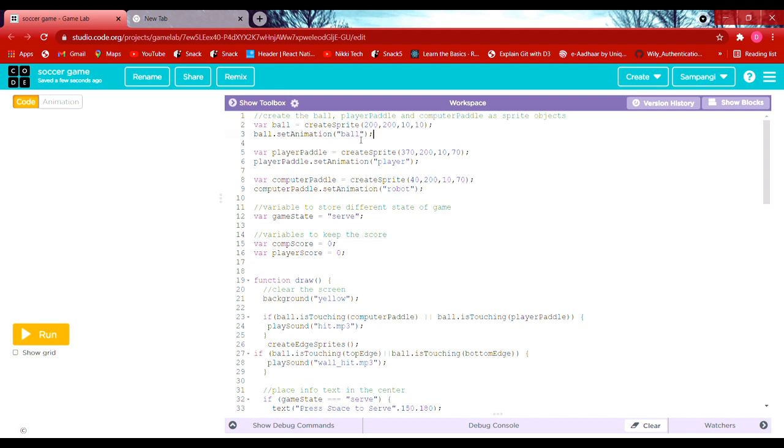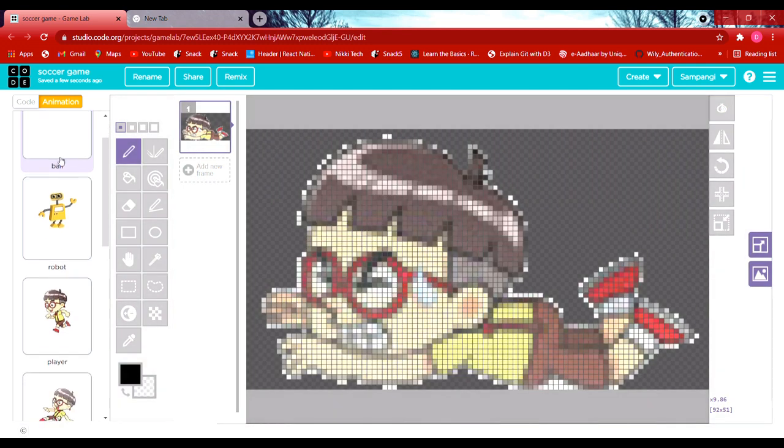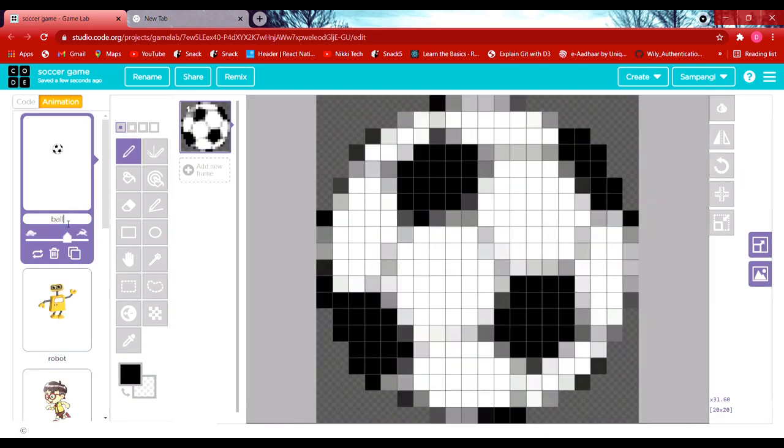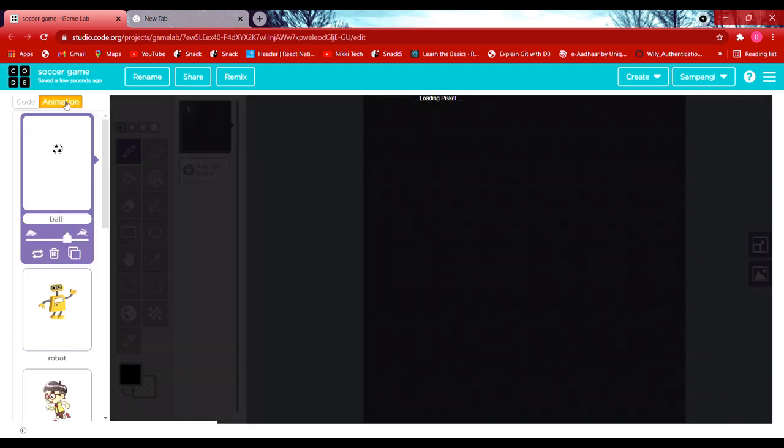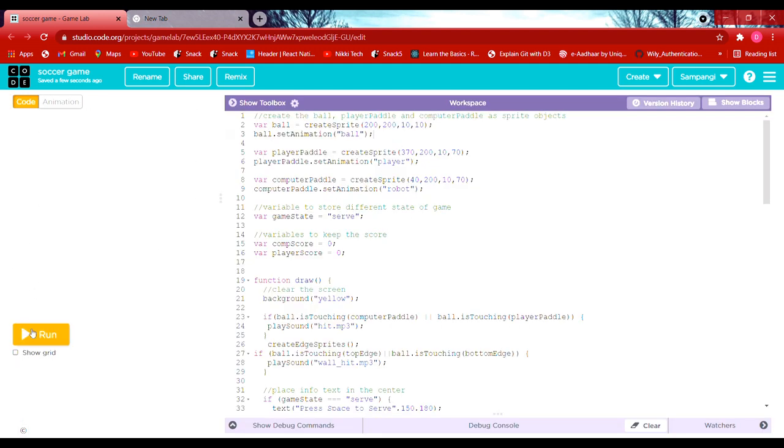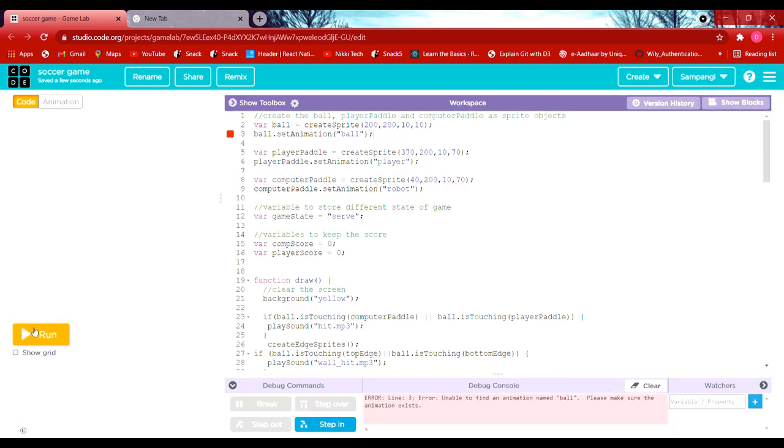Why have we given ball here, not for the variable? Because we have an image called ball, so the image name is ball. If I change it to ball1 and run, it shows an error.